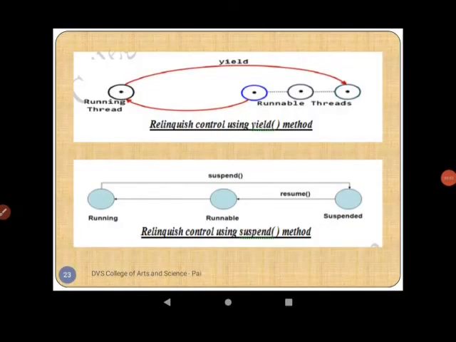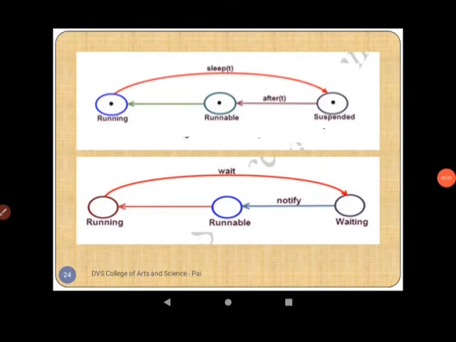A running thread may relinquish its control in one of the following situations. First situation, it has been suspended using the suspend method. A suspended thread can be revived by using the resume method. This approach is useful when we want to suspend a thread for some time due to a certain reason and do not want to kill it, as shown in the diagram. Second situation, it has been made to sleep.